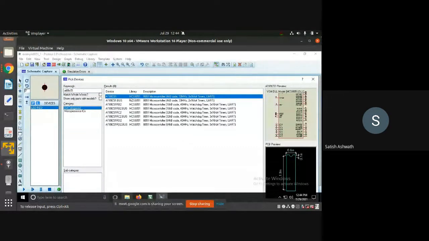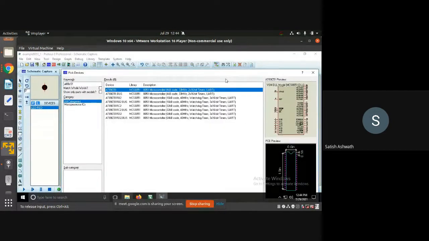So select this as the microcontroller. There are a lot of versions available. Don't select anything randomly, because some of these are slightly different in their configurations. So preferably select this 89C51, which will work for the programs that we are going to write. Once you have selected that, click on OK.